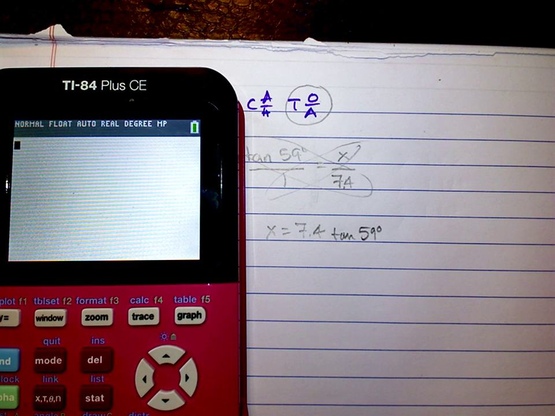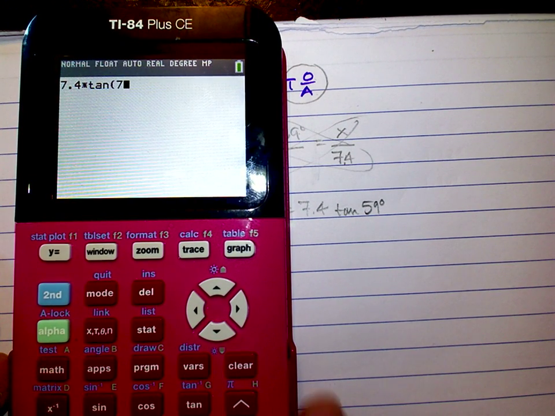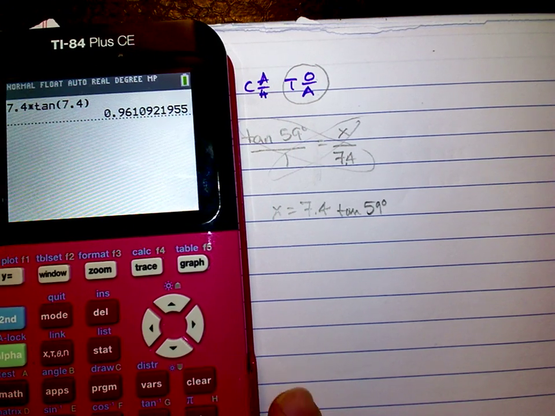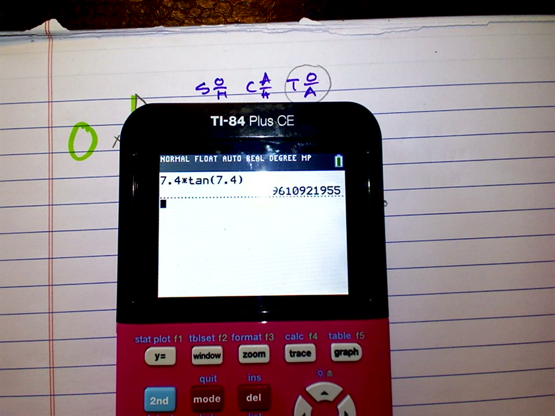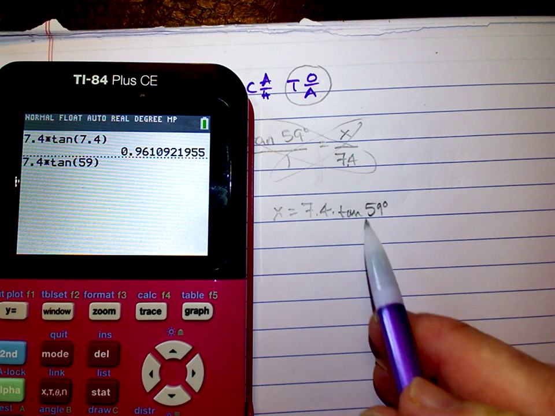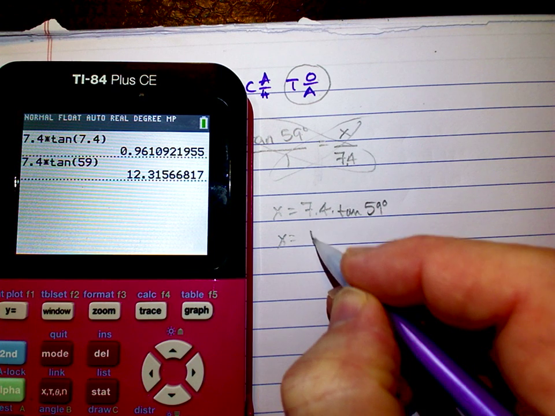So you can see this is going to be a multiplication problem. Let me get out of this. This will be 7.4 times the tangent button, which is right here. Press enter, and we get, oops, I put my numbers in incorrectly. Let me fix that for you. Sorry about that. So this should have been my angle of 59 degrees. So again, 7.4 is the length times the tangent of 59,